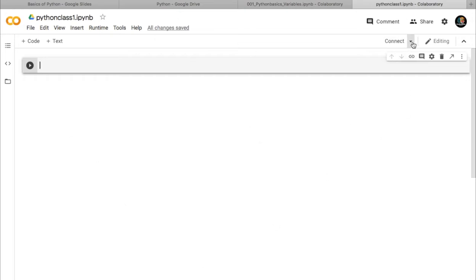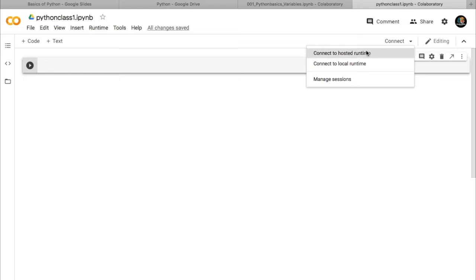So here you can see there is a connect option. First option is connect to hosted runtime, and second option is connect to local runtime. Hosted runtime is nothing but Google servers, and local runtime is nothing but your computer. Usually we will be selecting the first option.